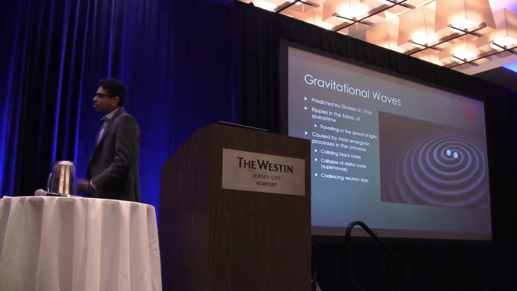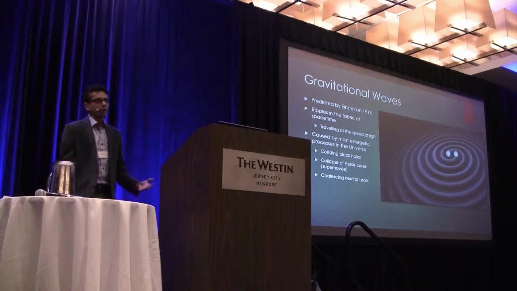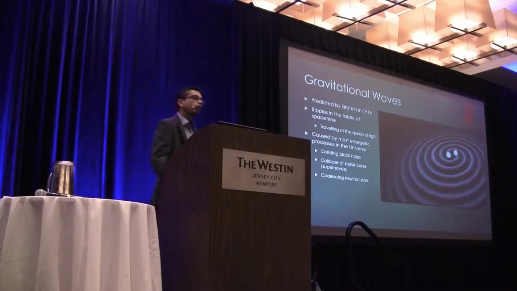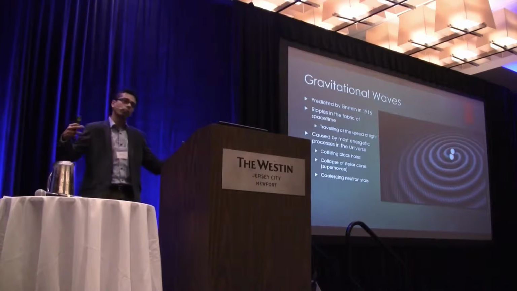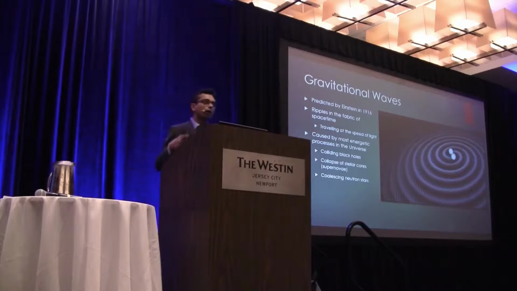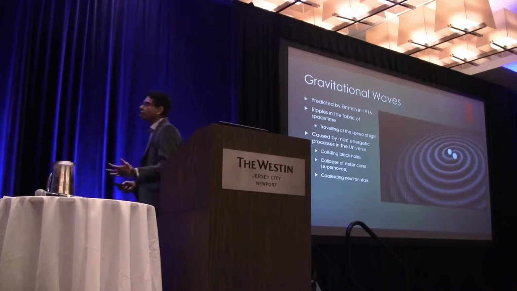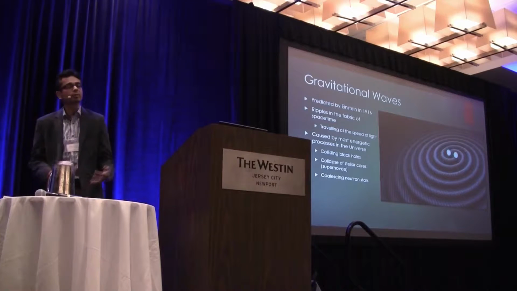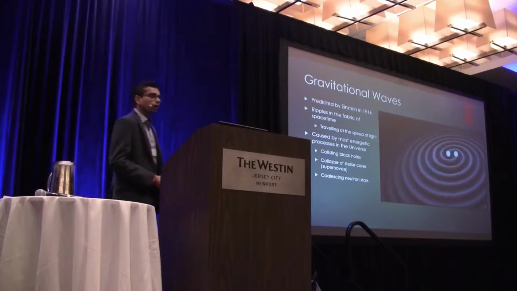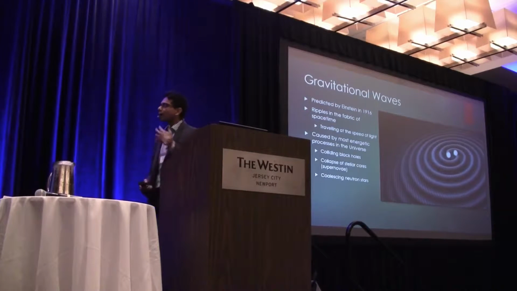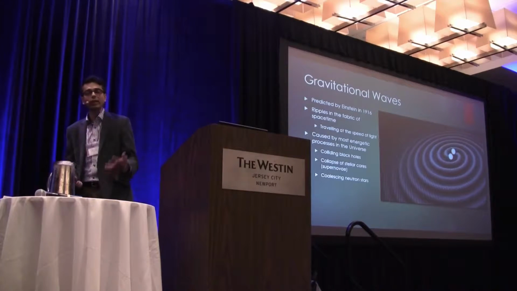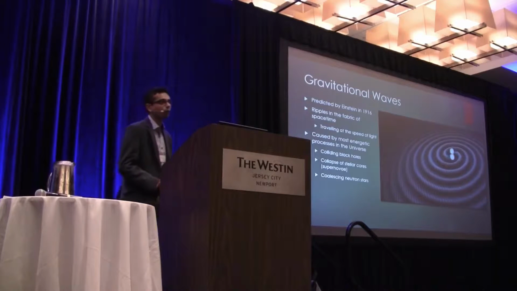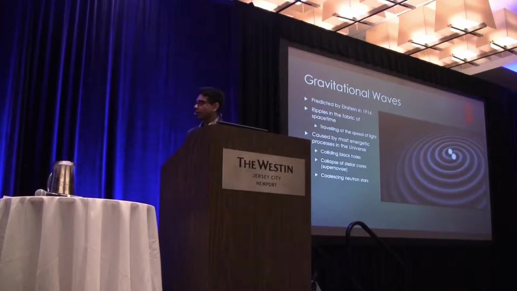The other requirement is that those objects have to move very, very quickly. So then we are talking about objects which are whirling around each other. So we have 2 black holes or 2 neutron stars moving around each other and eventually merging together. When they are very, very close, they are moving extremely quickly, at something like 60 to 70% the speed of light. So those are the inspirals of compact binary objects that can produce the gravitational waves which would be as strong as possible, which we can ever hope to detect. So this is the general idea.